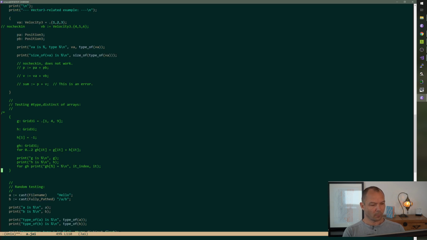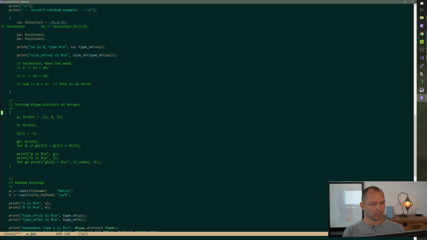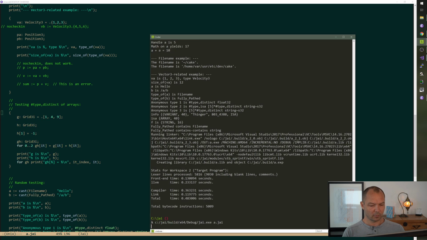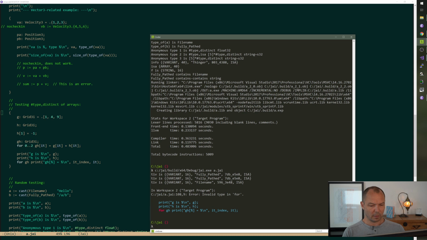Okay, so now if we go back to here, invalid type in 4. That's probably in bytecode builder as well.